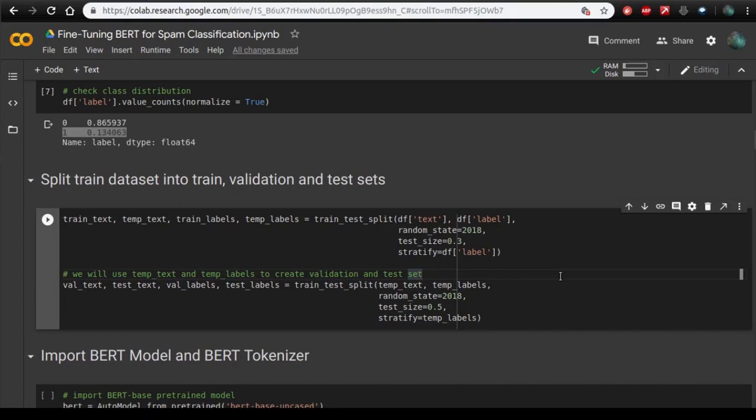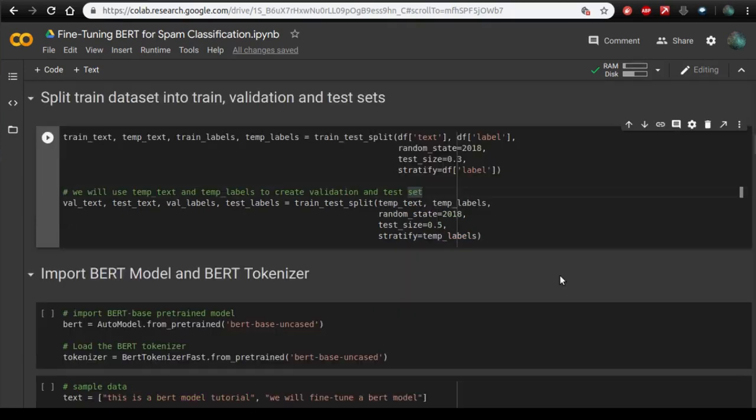I will use the train set and the validation set for fine-tuning the BERT model, and once it is done, we will use the fine-tuned model to make predictions on the test set.